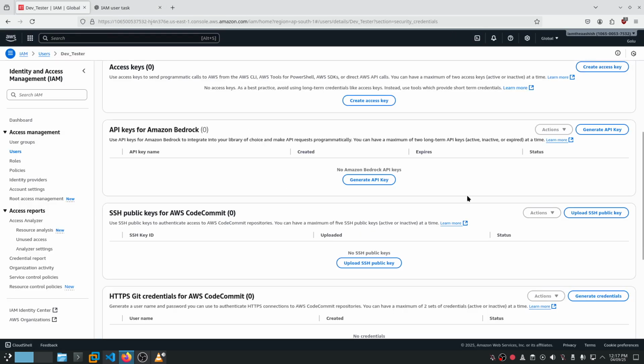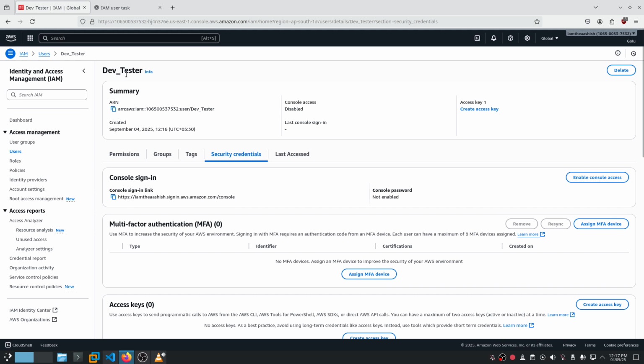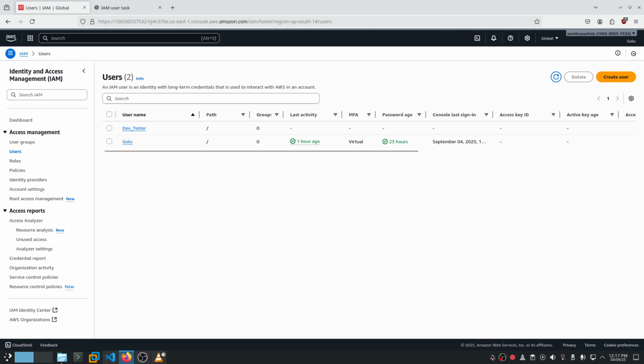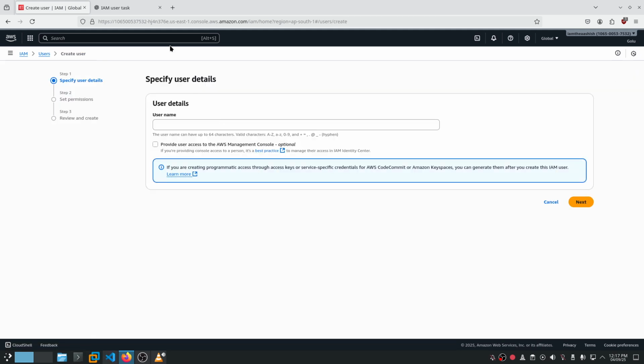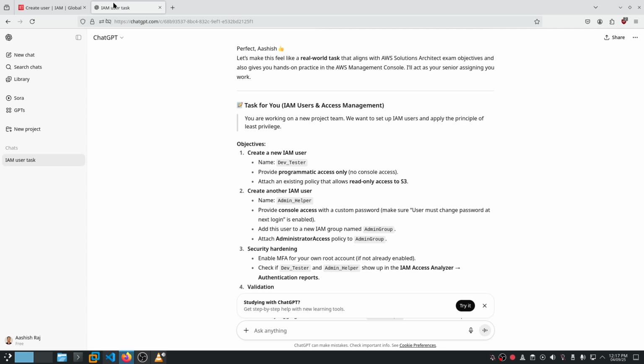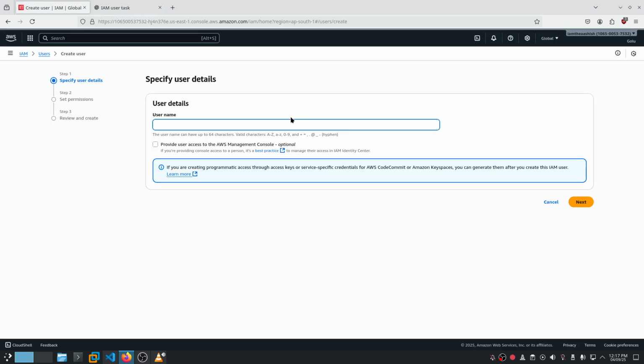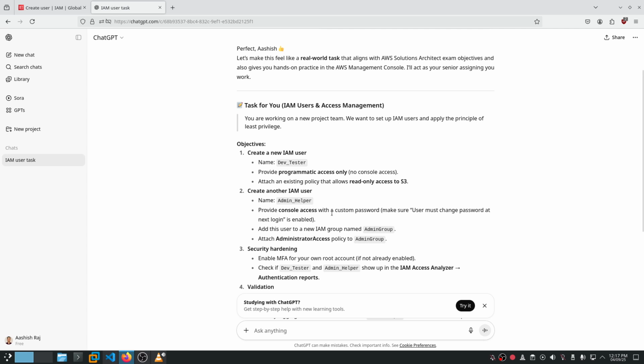Let's create a new user. Go back to users. Create user. Name is going to be admin helper. Provide console access with custom password. Make sure user must change password at next login is enabled.